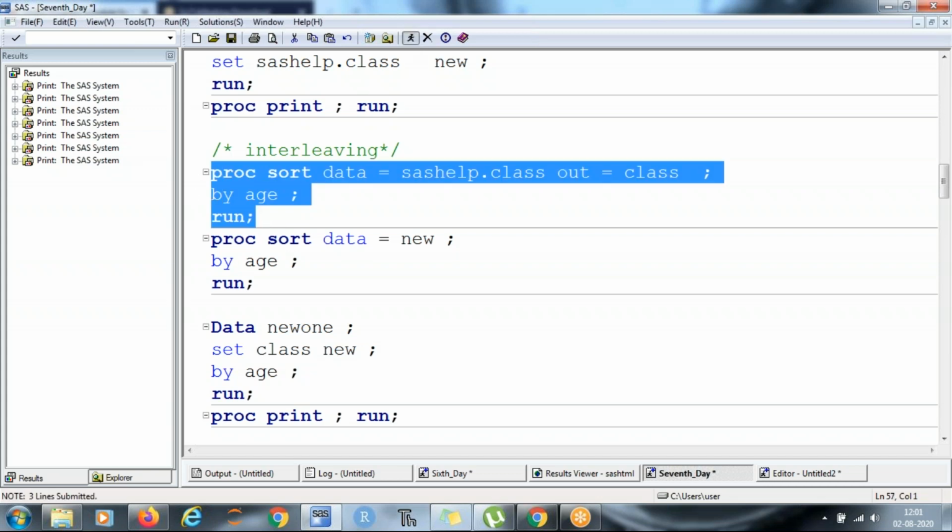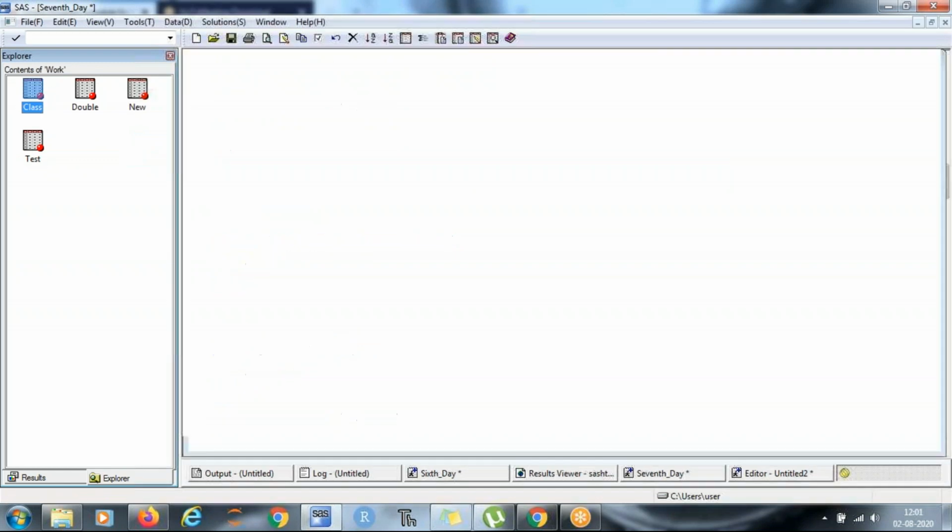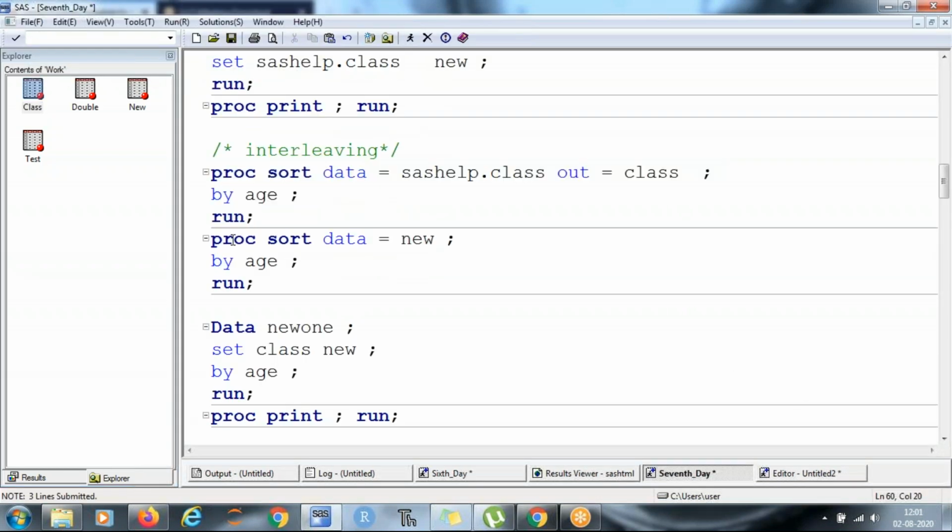Let me show you this data. You see this is sorted by age: 11, 12, 13, 14.